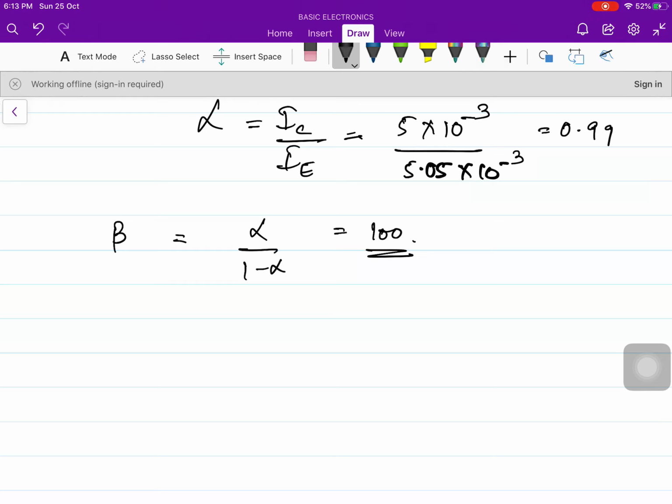So this is how we solve the numericals based on the relationships and the formulas that we have learned in this unit. The first very important equation is the transistor current equation. Then you must know the complete collector current equations, comprising two components, due to majority and minority carriers, for both common base and common collector. You must know the relationship between alpha and beta. You must know the relationship between ICEO and ICBO. So this is how we deal with different formulas and numericals and solve them. I hope you all have understood.